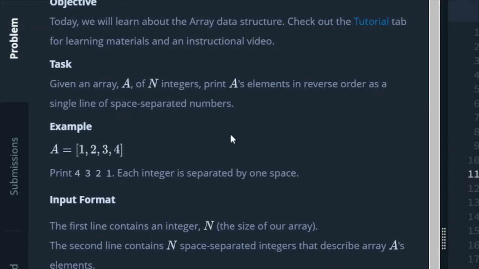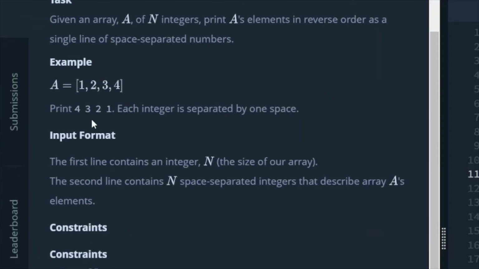I think it's a very simple one. We can do it very easily. In the example, they gave an array 1 2 3 4, and we have to print it in the reverse way, space separated, right?